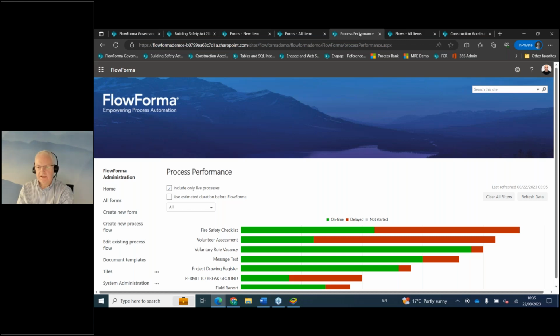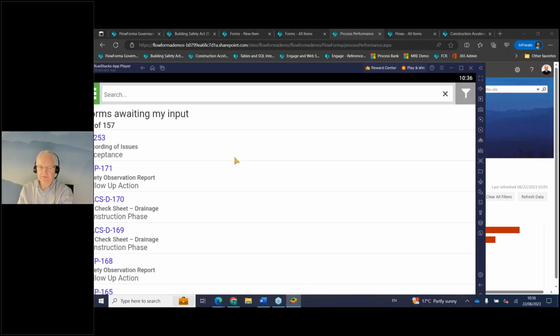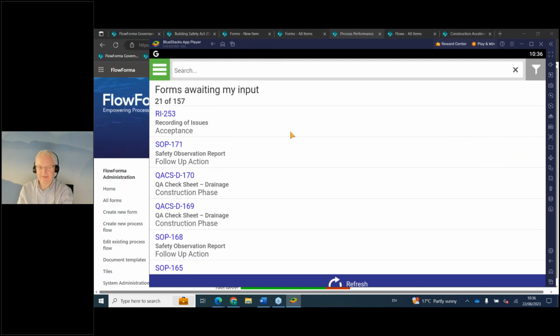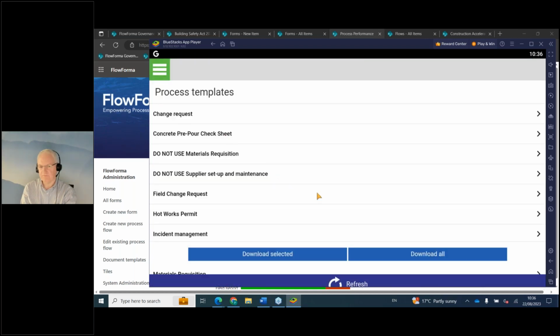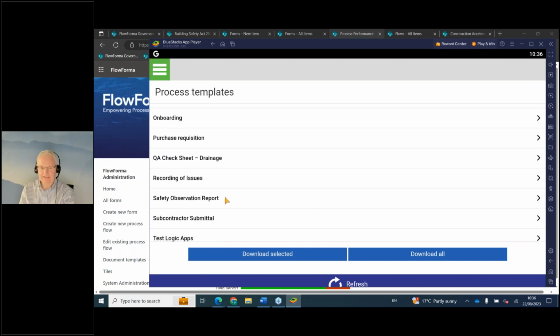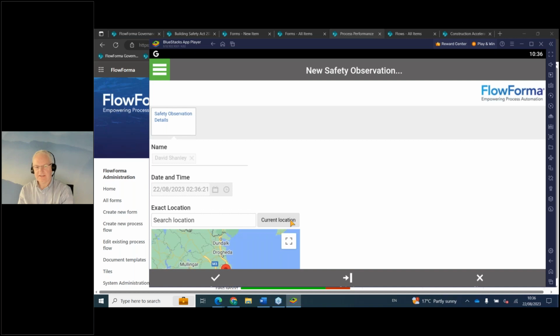So one thing I'd like to show you very briefly is how quick and easy it is to create these processes. And maybe just before that, actually, I'll just show you briefly the mobile interface. It's a little bit difficult to do on a desktop screen. Obviously, you have to look at a mobile device. But what this does is allows you to get some feel of what the mobile interface looks like on a tablet, for example. And I'm going to just click on an example here, safety observation report,